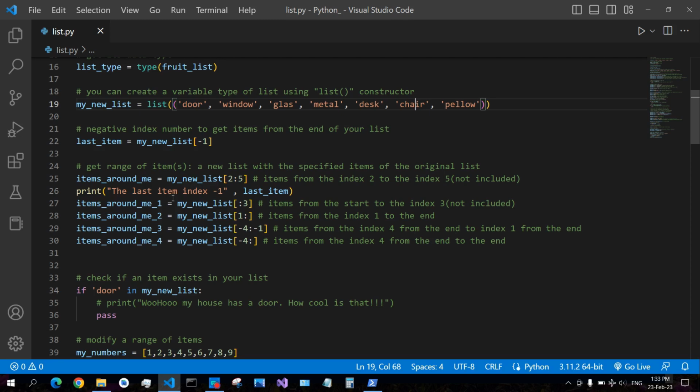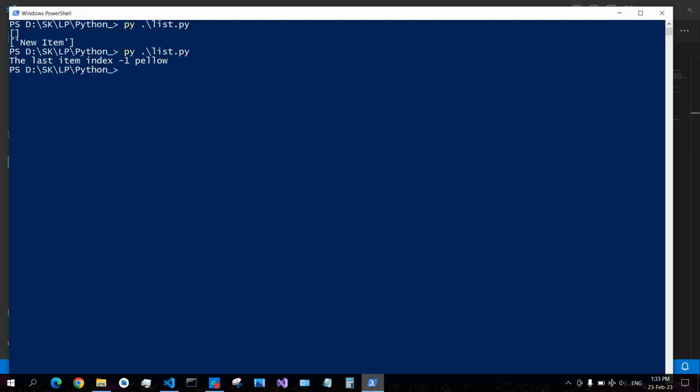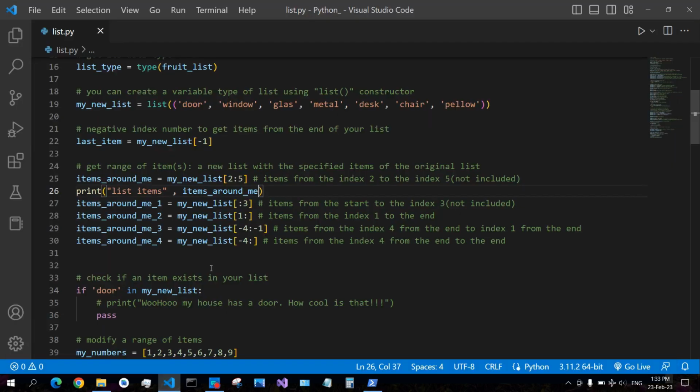Let's print that in the console. Say list item is glass, metal, disc. So you see, when you get a range of items, you get a list. So it is a new list. This always returns a new list